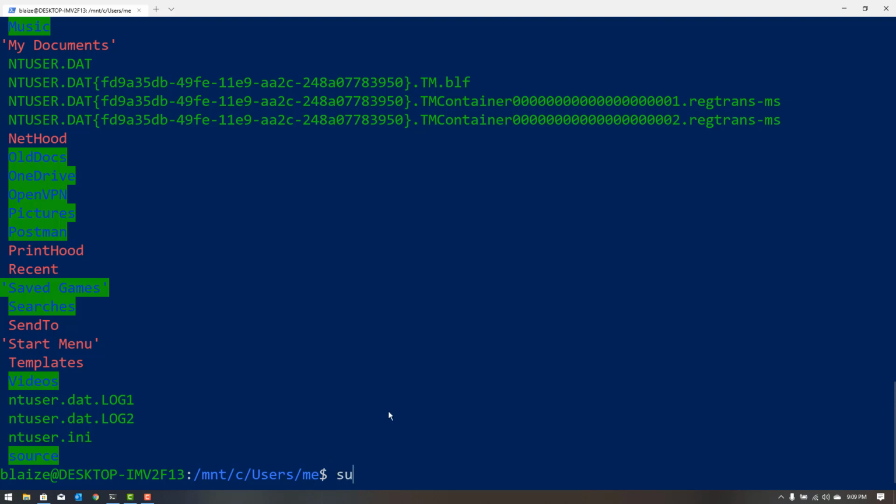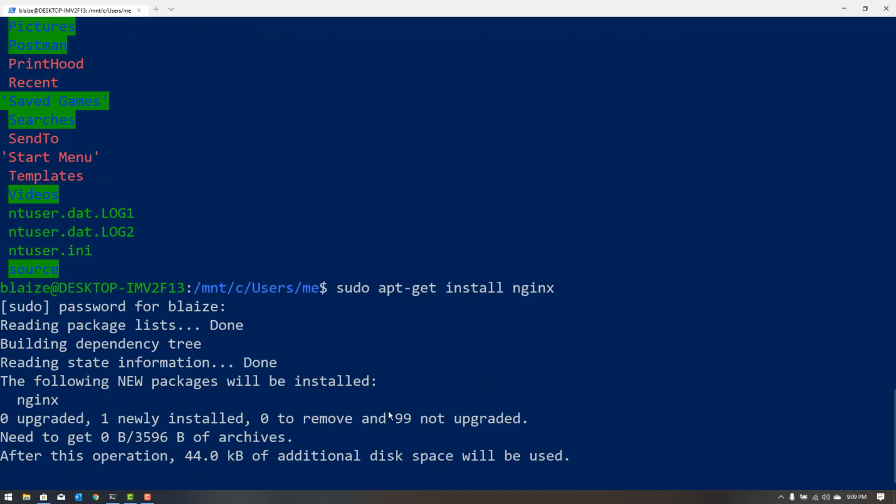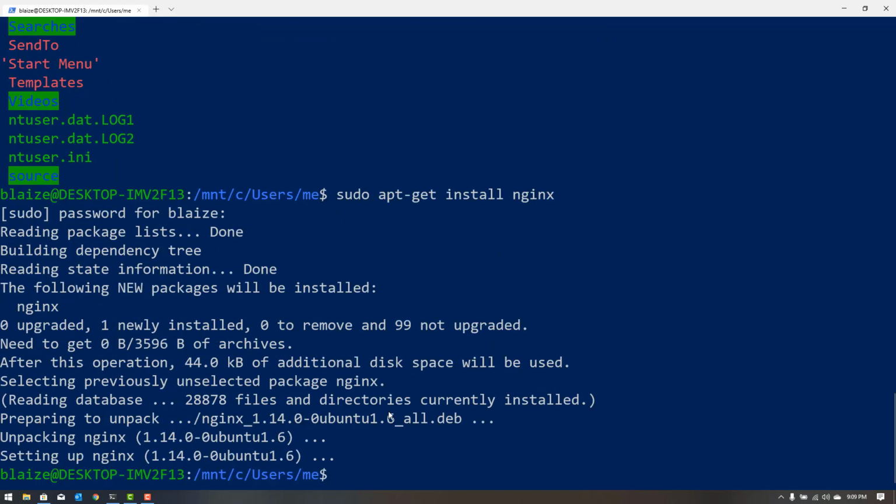So if I wanted to install some software on this, I would use apt-get just like I would on Ubuntu on a virtual machine. So if I do sudo apt-get install, say, nginx, this will install nginx in the WSL and will allow me to run a Linux-based web server right on top of this Windows Subsystem for Linux. Now, because this isn't a full-blown VM, it's kind of a Linux kernel running in a VM, but with tight integration with Windows, it actually shares the same IP space that my Windows host does,